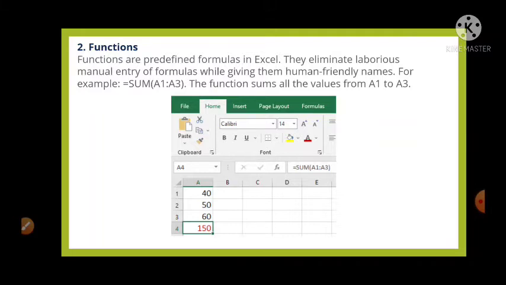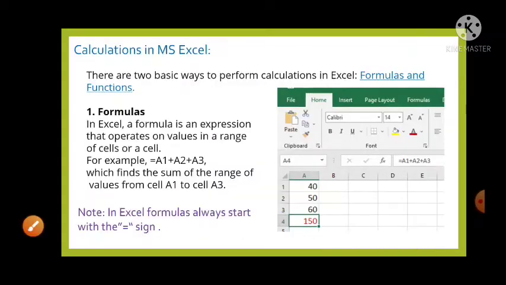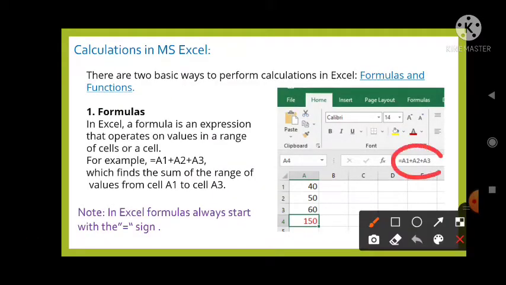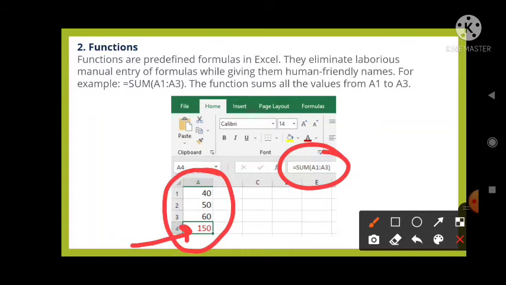For example, in the previous example we have written, you can see that here you have written the equal sign, and then we have mentioned all the cell addresses with the operator. Here the operator is plus, the same thing in another way. Look at this. We have already put the values in the specified cells A1, A2, and already chosen the cell where you want to get the result. Here it is A4.